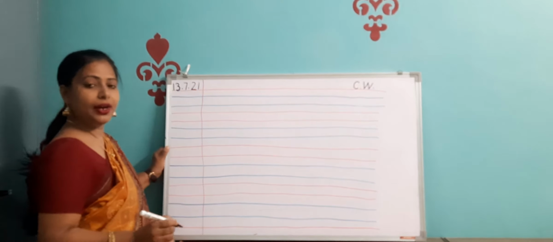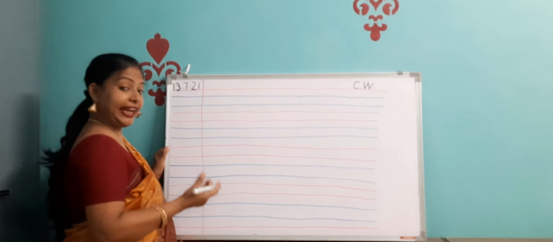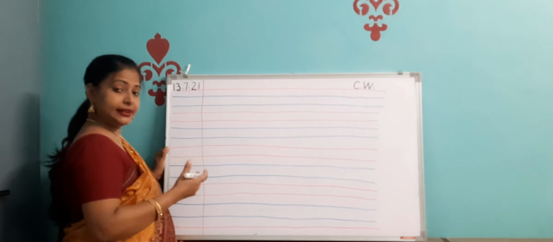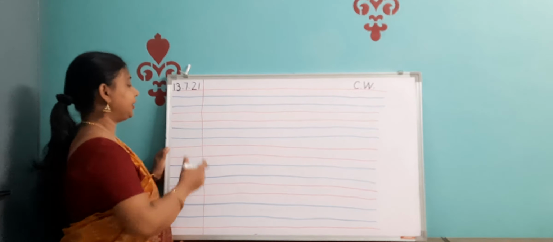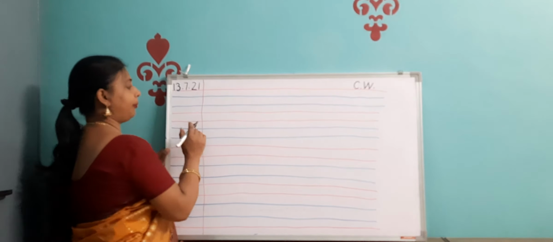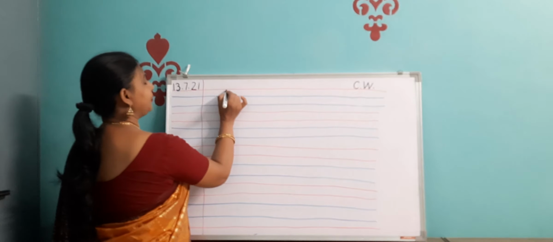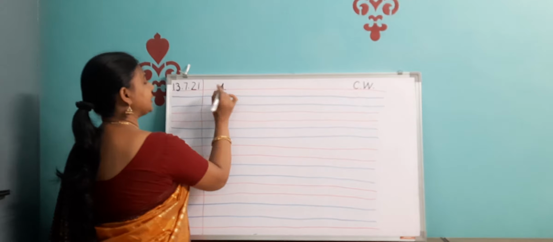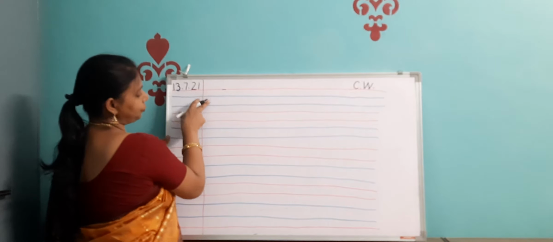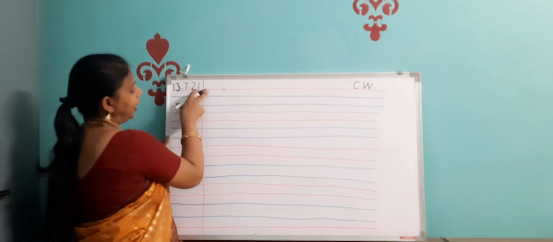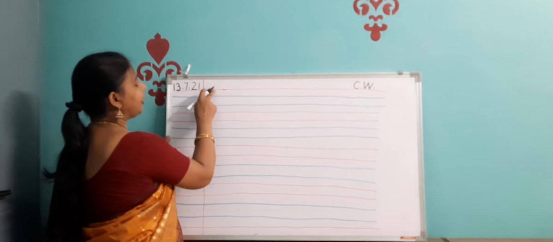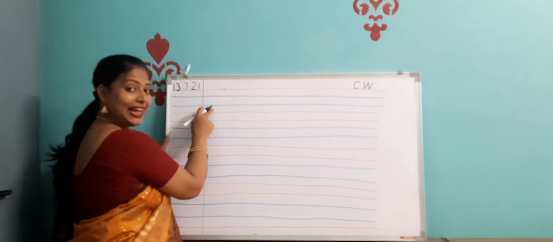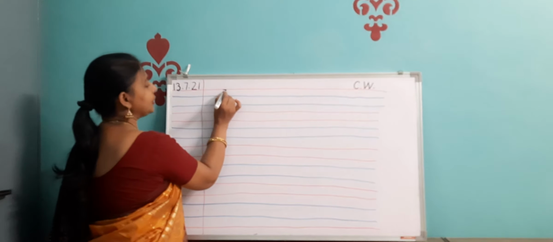So now we have written A, B, C, D. We have learned, and E and F, how to write within the 4 lines of your copy. So now the next alphabet after F comes G. So you can see we'll start from the first line. These are the 4 lines. 1, 2, 3, 4. Okay. Red line, 2 blue lines, and again a red line. So we'll write within the first 3 lines. Okay. So we'll start from the first line.